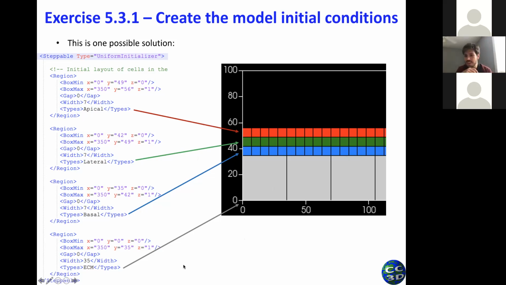So is this making sense? Was this the first time that you used multiple regions in the initializers? No, okay, you have already used that before. Okay. All right, so if you have already done this,